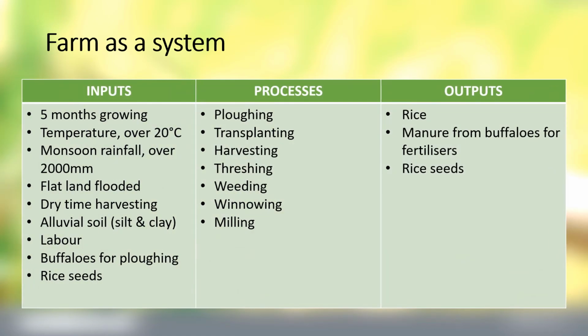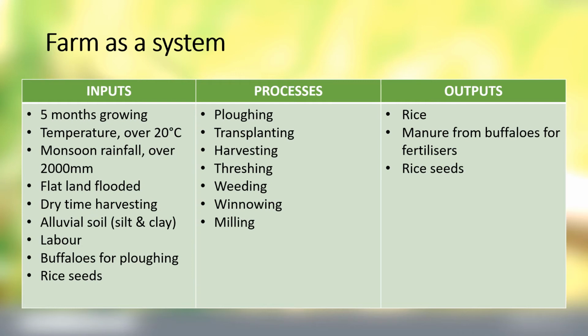Okay, next we're going to look at the farm as a system. A system must have inputs, process, and output. For rice farming, the inputs, we have 5 months of growing,